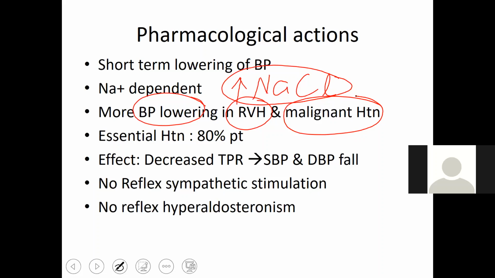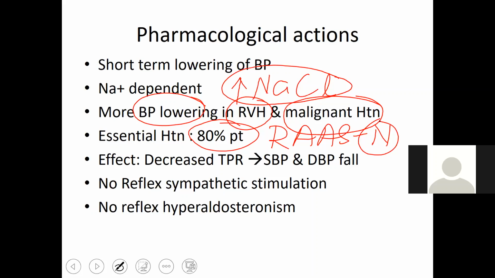Okay, but you see, in case of essential hypertension, where the exact cause is not known, that usually comprises 80% of the patients, where the exact cause is not known, or where the renin-angiotensin-aldosterone system is almost normal. So what will the ACE inhibitor do? It will do nothing. If the RAS system is not active or hyperactive, then ACE inhibitors, even angiotensin receptor blockers, cannot do much change.